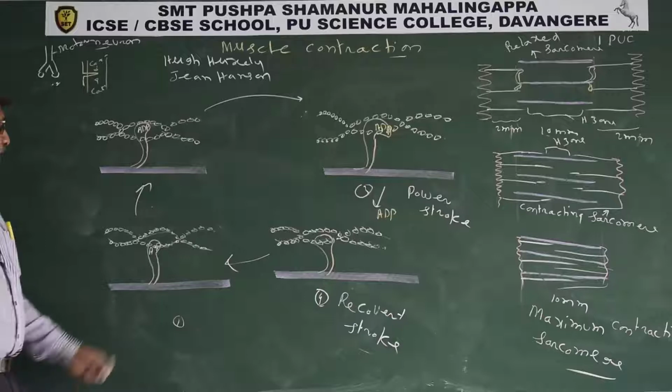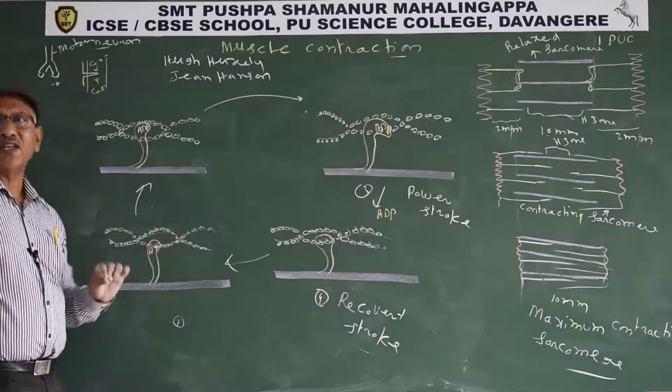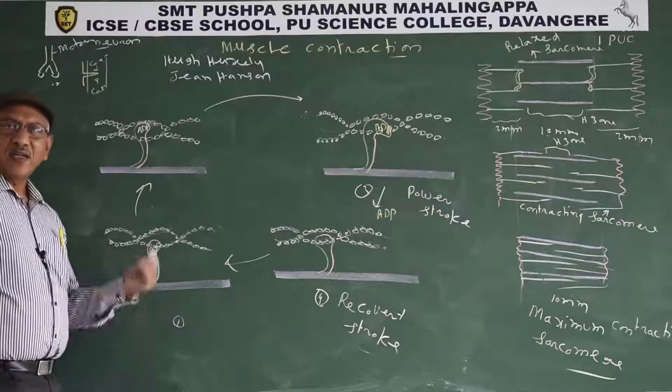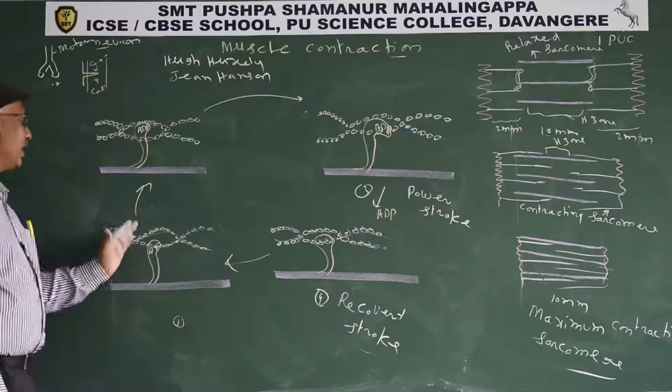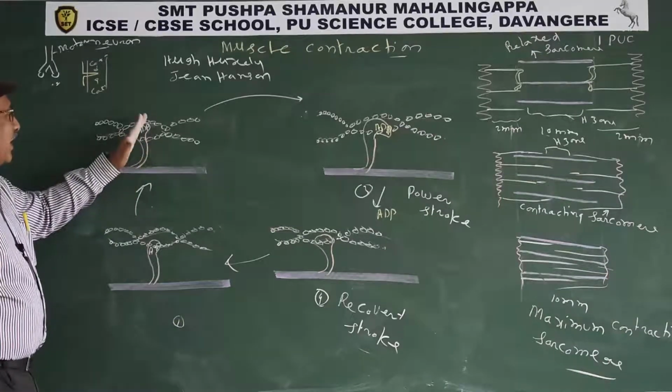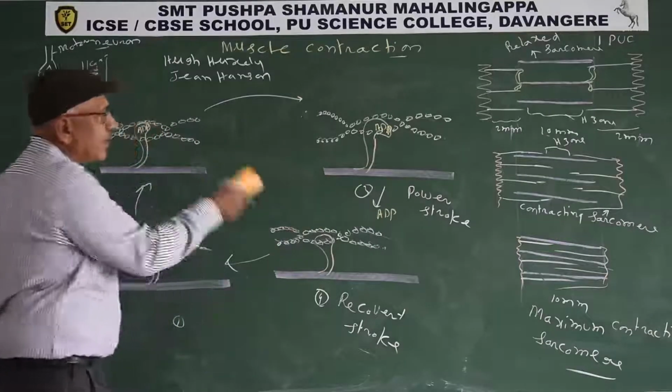Detached from the active site. Now the head of myosin acts as an ATPase enzyme. It hydrolyzes the ATP into ADP plus inorganic phosphate. By utilizing this energy, the myosin head attaches to the active site, and this process is repeated till